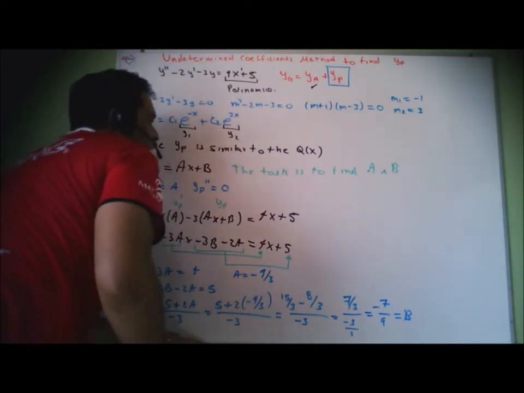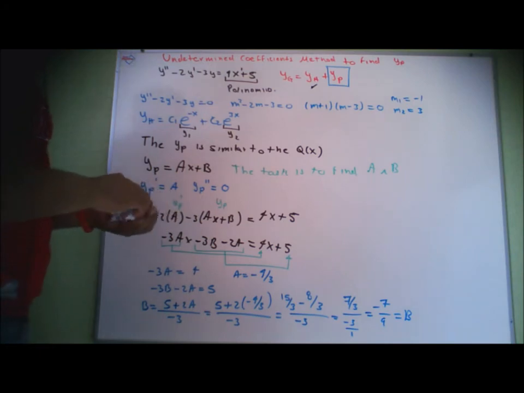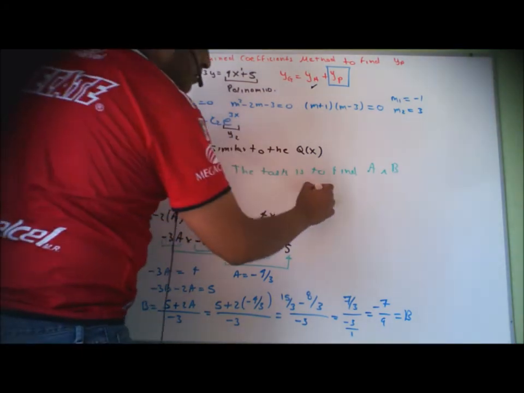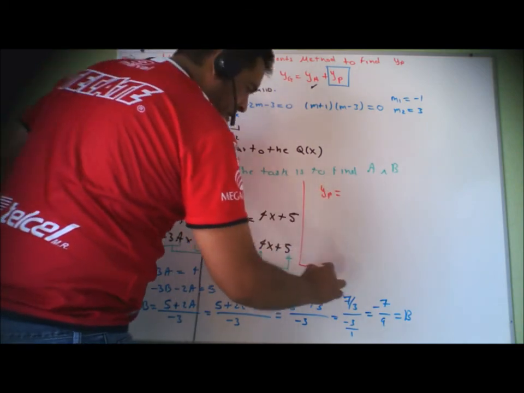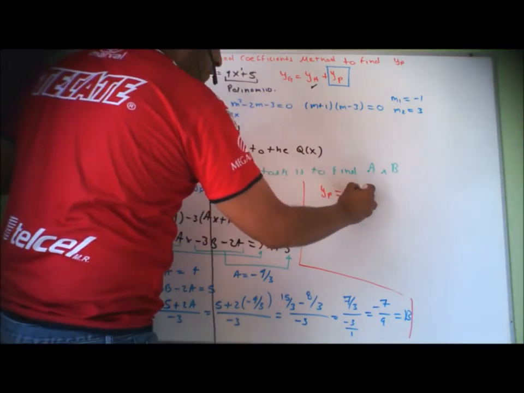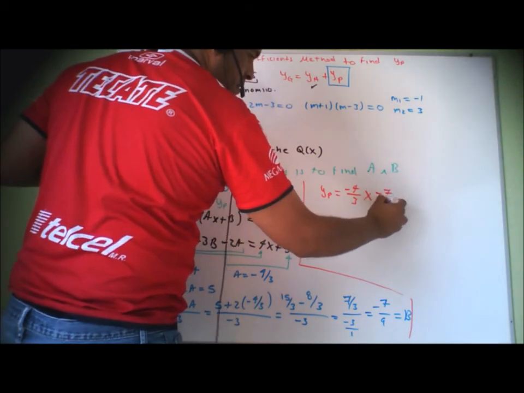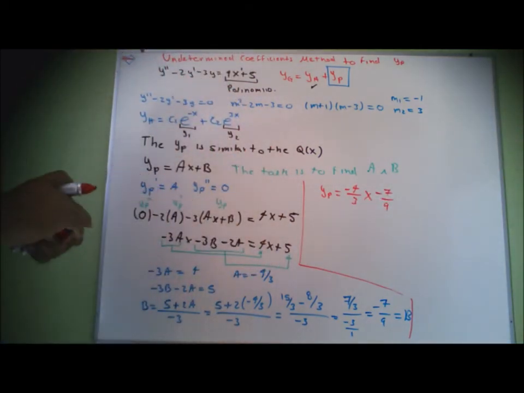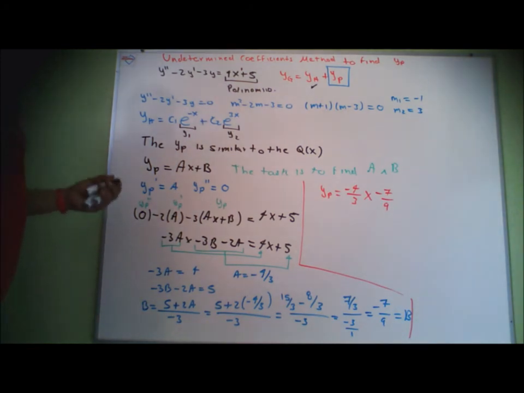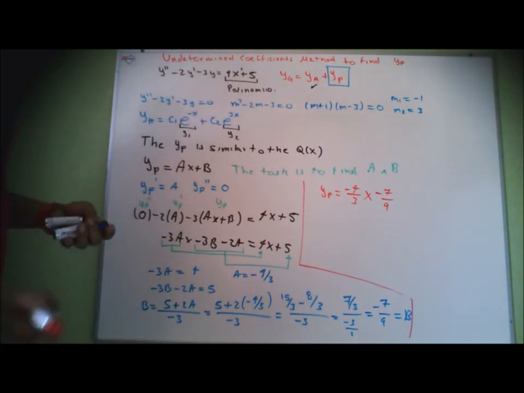Okay, so what we have done is calculate the values of a and b. Because now we know the values of a and b, my particular solution turned out to be minus 4 over 3x, and the value of b, minus 7 over 9. Okay, so that is the method. Undetermined coefficients is just finding the coefficients of the proposed solution. So if it is a polynomial, then you propose a similar polynomial. Okay, the last thing to do here is